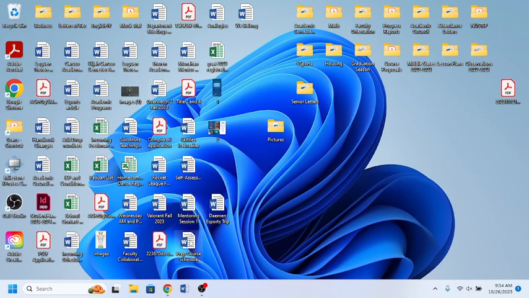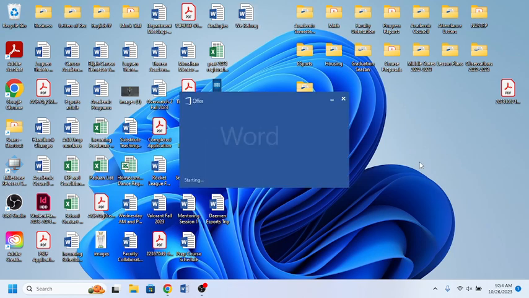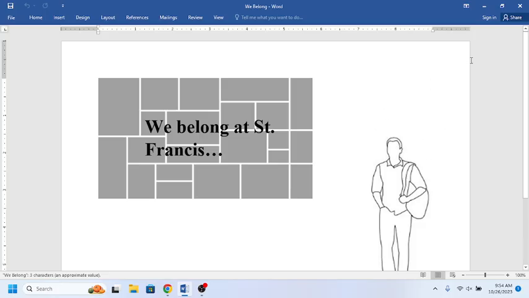So in my mind, this is what I'm thinking it could look like. This is just kind of a quick mock-up, but imagine the students in the hallway, anybody here, and this is maybe our digital board, and maybe there's a collection of 20 collages all put together with a larger phrase that says, "We belong at St. Francis." And then maybe a few slides later on the digital board, we have another collection of 20 different collages,